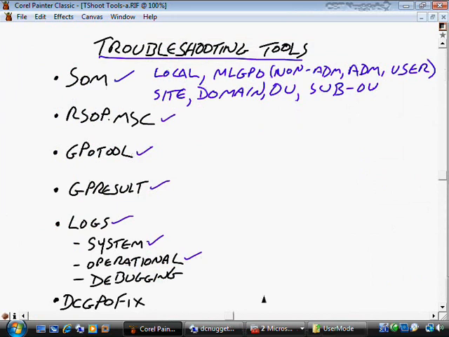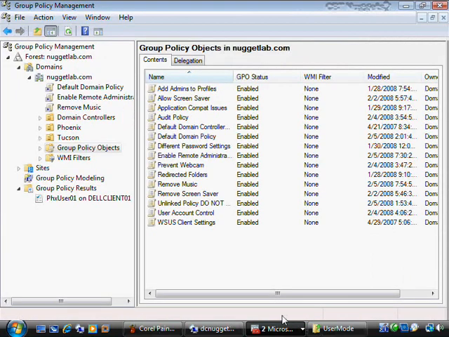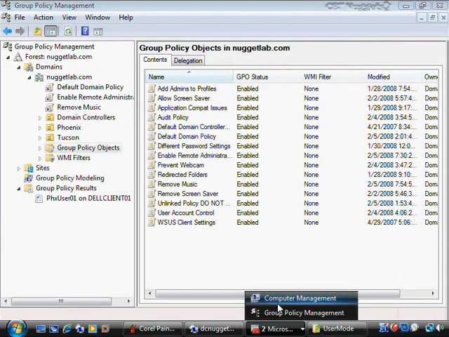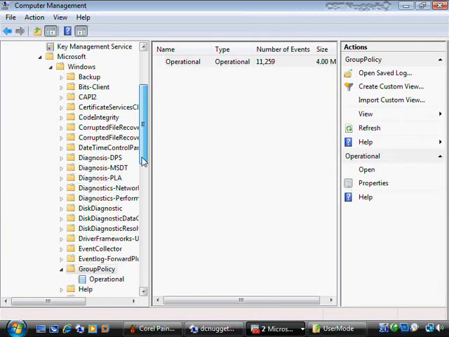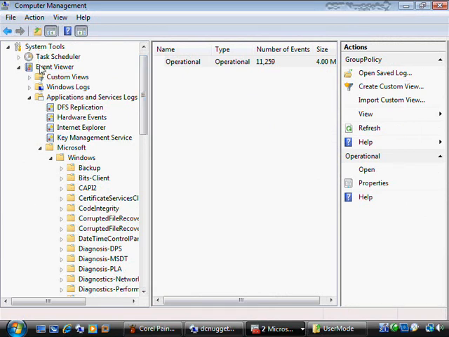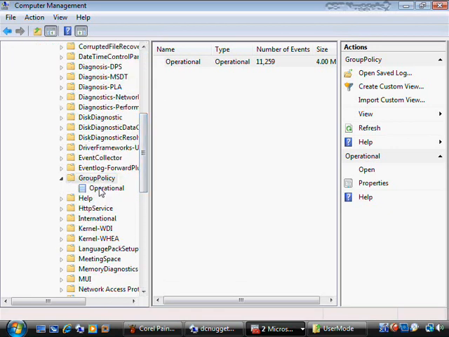Now it's just included by default, so you don't have to scrounge around for it, and I'll just go to Computer Management. Excuse me, wrong place. Computer Management. And here we see where I've browsed down to this location. Let me just show you where it is located. It's under System Tools, Event Viewer, Application and Services Logs, Microsoft, Windows, then you go down to Group Policy, and